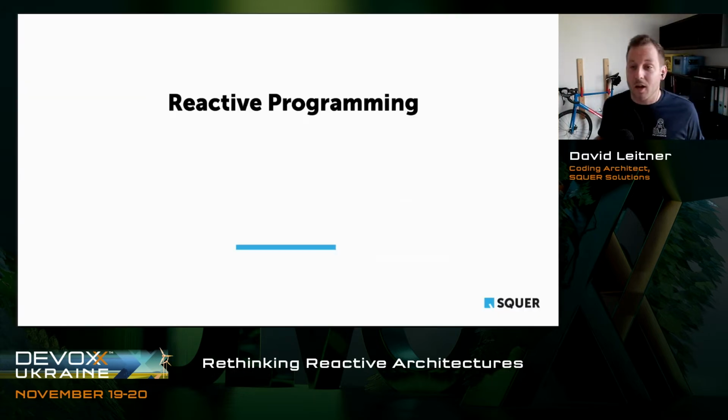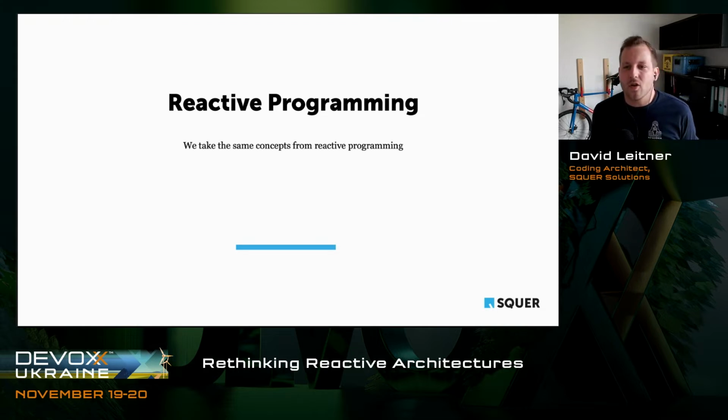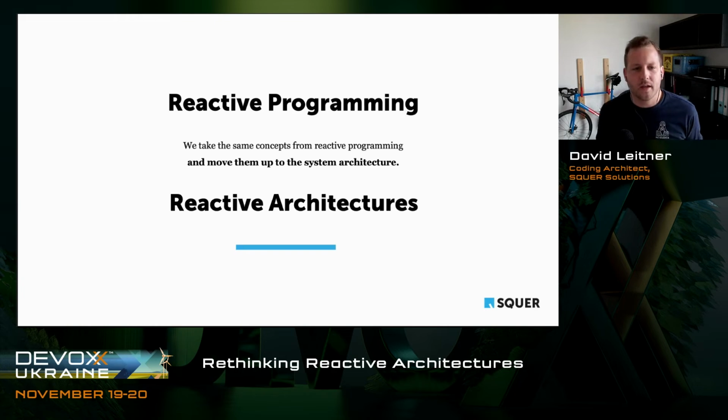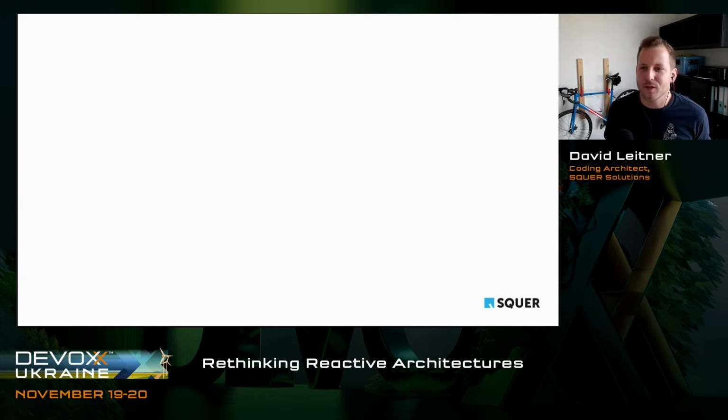And I started now a lot to talk about reactive programming, but basically the title is not about reactive programming, right? It's about reactive architecture. But as I said before, in software engineering, we often see similar concepts on different levels, right? So many concepts which you see on a software design level, you can also apply on an architecture level and vice versa. And that's the same thing for reactive programming. So basically what we do with reactive architecture, right, is we take these concepts and move them to a system architecture level. And that's what we tend to call reactive architectures, right? We hope that this works, of course.